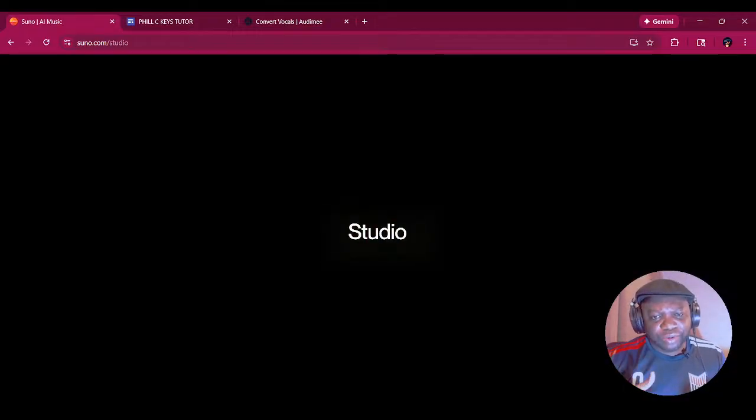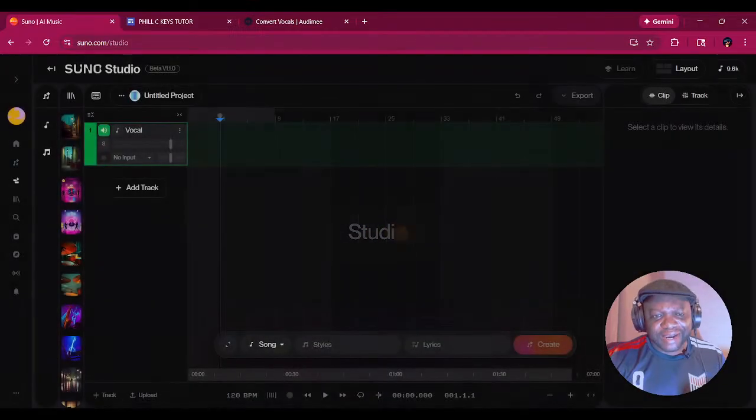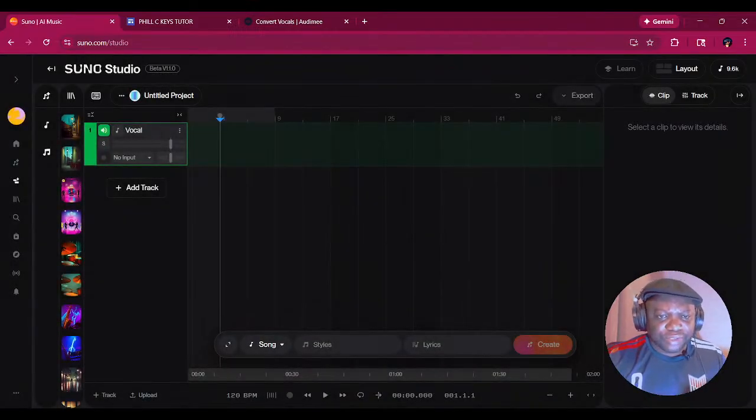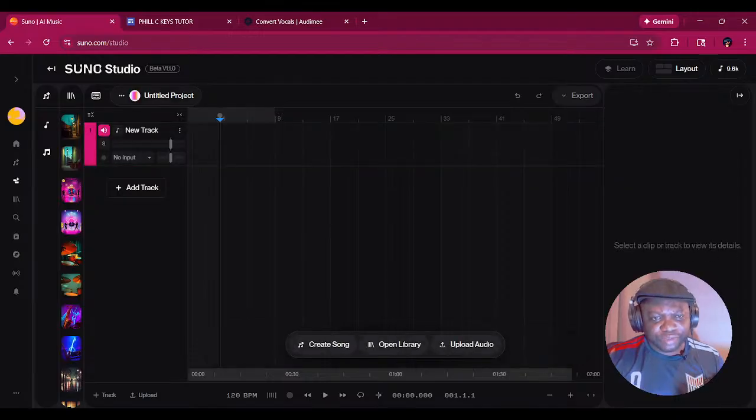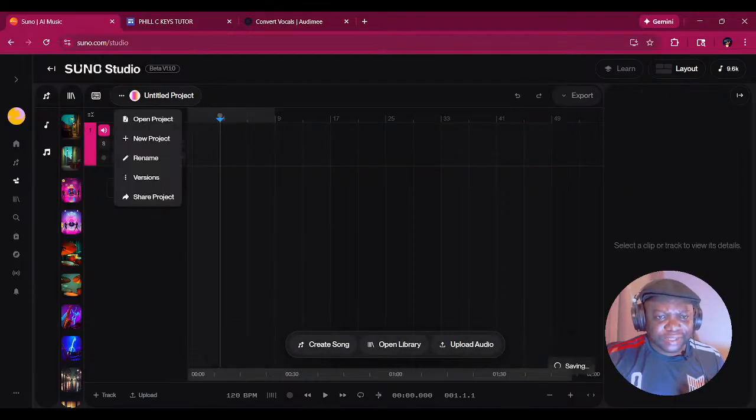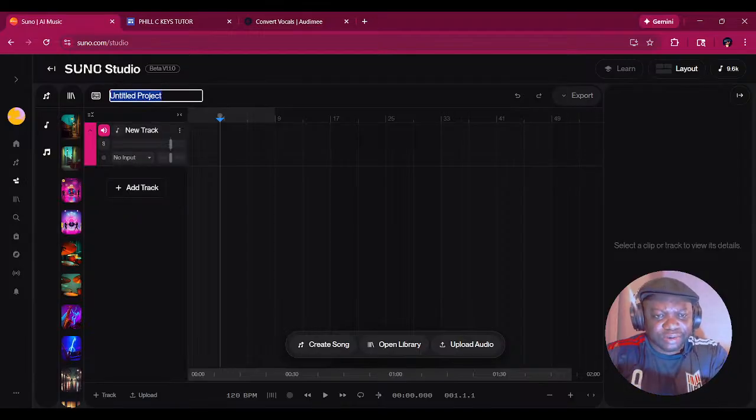And Studio normally defaults to the last studio project that you had open. In this case, it goes straight to my untitled project. But if I wanted to do this from scratch, I can just click New Project. So let me just do New Project. So I just show you from scratch, right? Double click on Untitled, or just click once on Untitled and hit Rename, and I'm just going to call it No Fear, because that's the idea of the song.